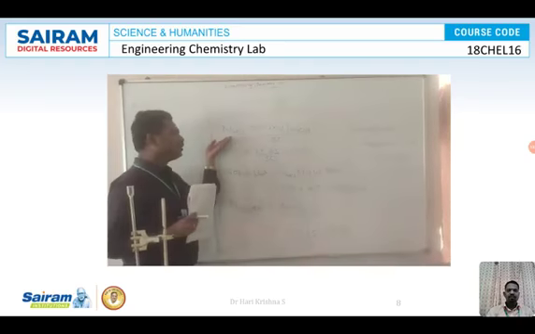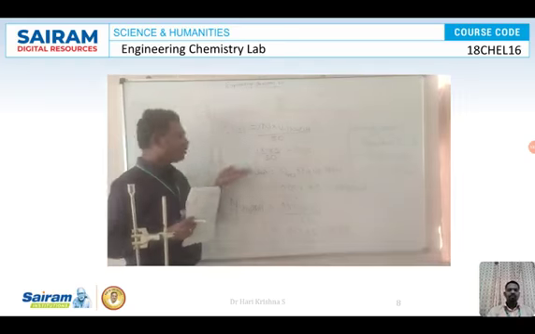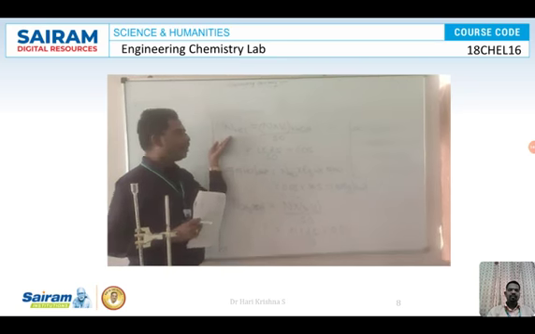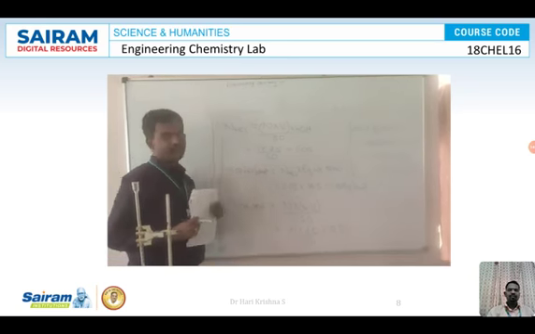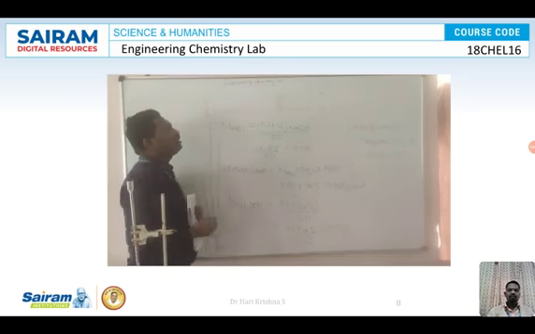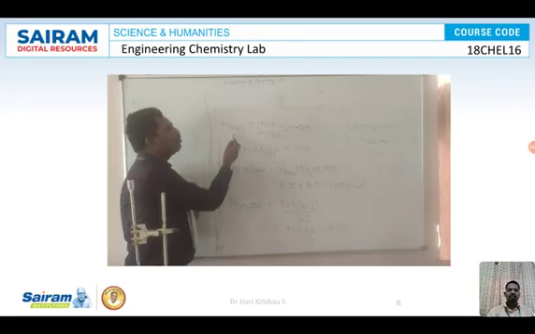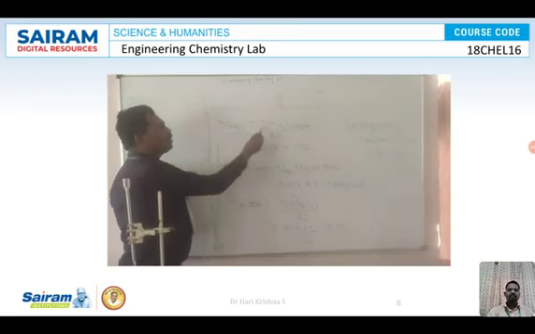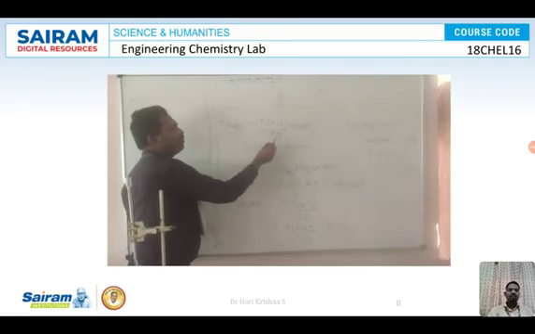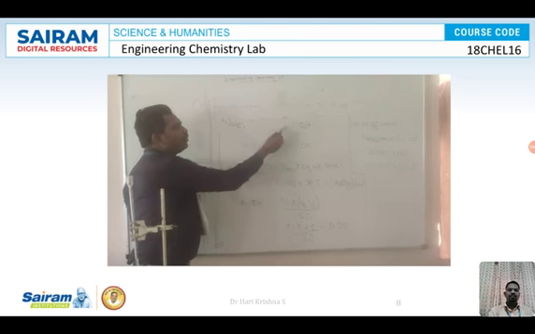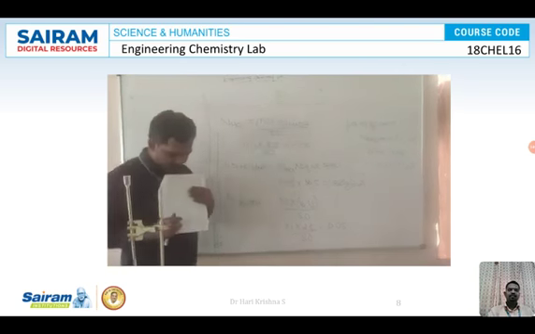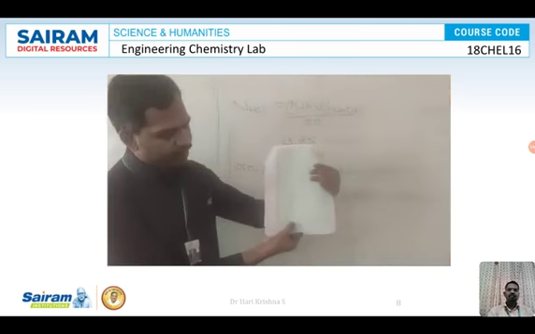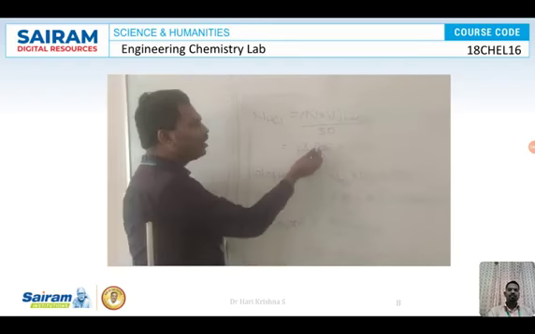In order to determine the weight of acetic acid and HCl present, we first calculate the normality of HCl and acetic acid. To calculate the normality of HCl, we use the formula N1V1 equals N2V2. So normality of HCl equals normality of NaOH times volume of NaOH divided by 50. The volume of NaOH is V1, required to neutralize HCl. We get it from the graph: it is 2.5, and we substitute that value here.